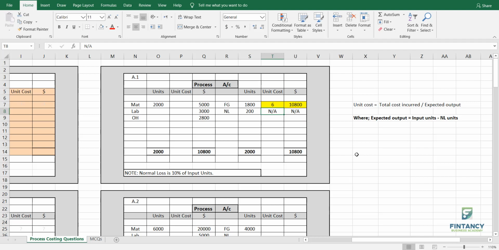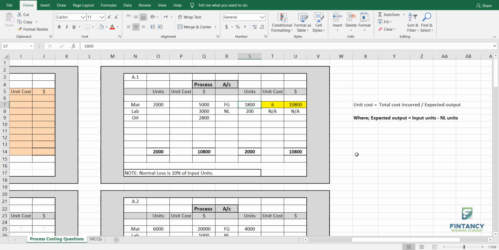Because you see what's happening. You are taking milk and you are boiling it, right? So when you took the milk from the farmer, it was 2000 liters. Then you boiled it. Then it remained how much? Only 1800. Why did you boil it? Because of the customer, right? Because of the customer, you are boiling it.